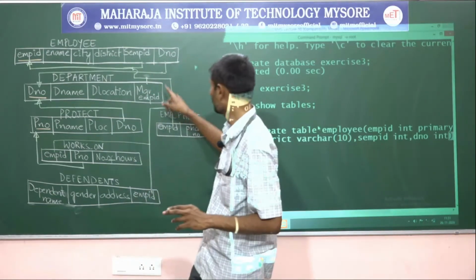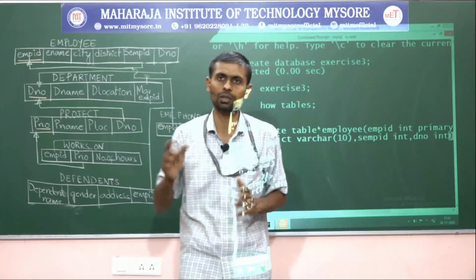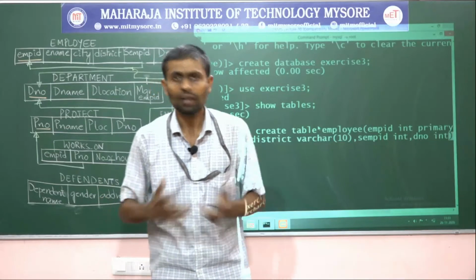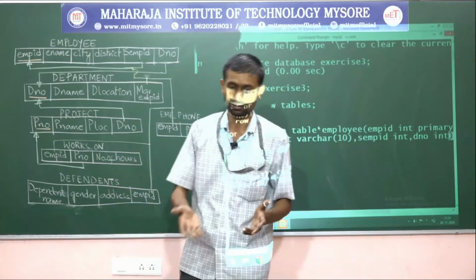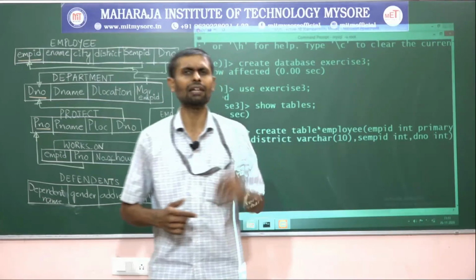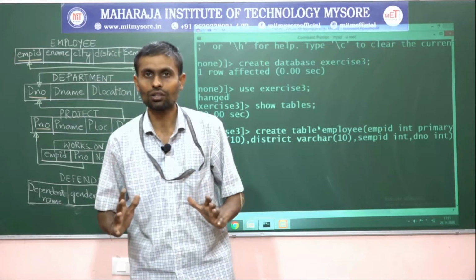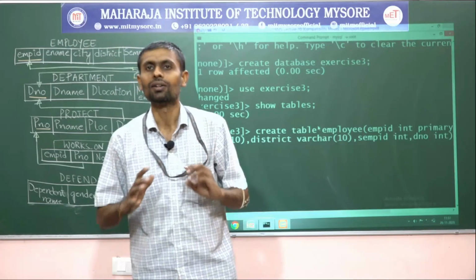And one more, even with this also, when I go with foreign key of D number references department of D number, again we have not created the department table, because the employee is the first table as what we have planned to create, right? So even for that also it throws an error. To avoid it, what is the solution? Go with